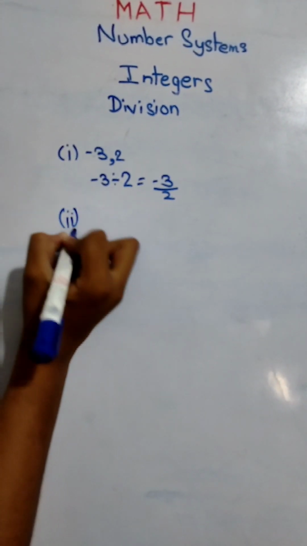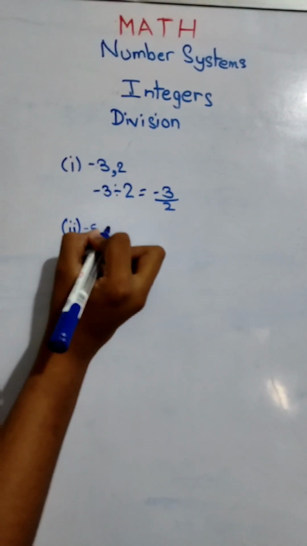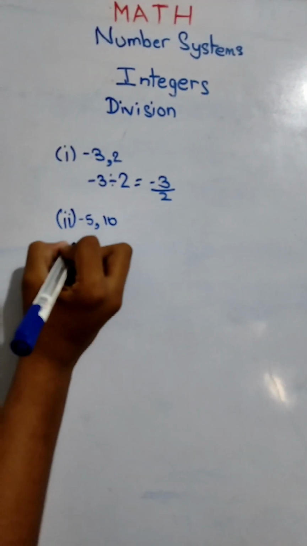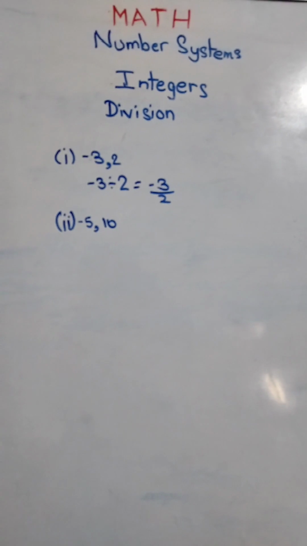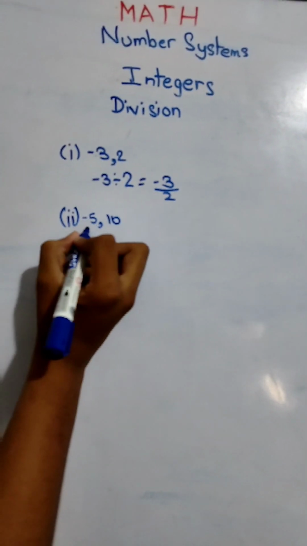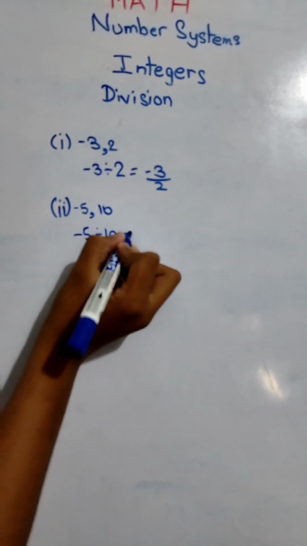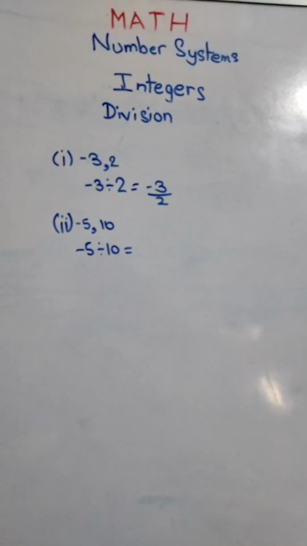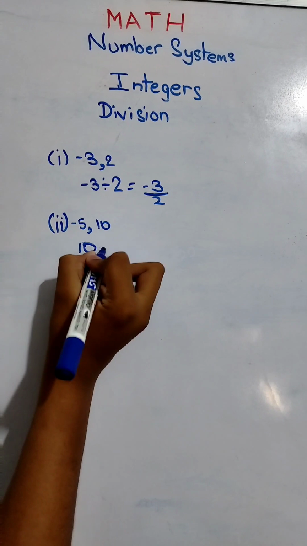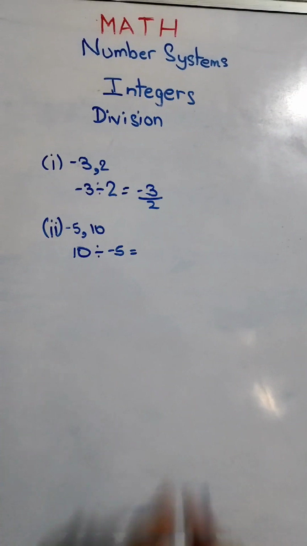The second example we'll be taking, which actually divides, will be minus 5 and 10, as we took for addition. But one more thing, just after this sum I will tell you. So first we divide it as minus 5 divided by 10. I'll do it the other way around. If we do it in this form, it will be easier. Minus 5 by 10, 10 by minus 5, we get